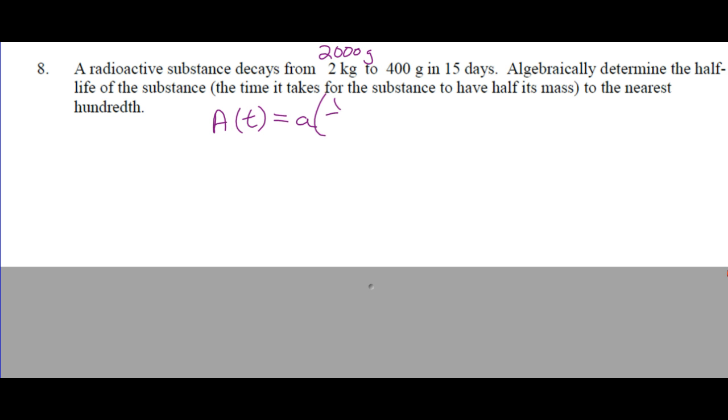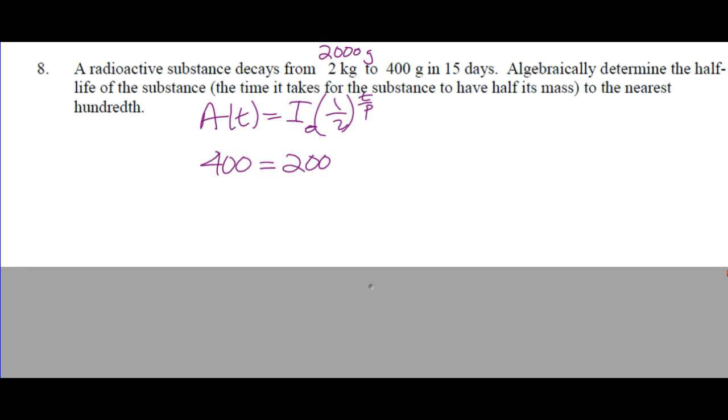So the amount with respect to time, A of t, is equal to I sub 0, the initial amount. You'll often see the initial amount written as I sub 0. Then we've got 1/2 to the t over p. That's a general formula. Now it's got to decay from 2,000, so we're going to end up with 400